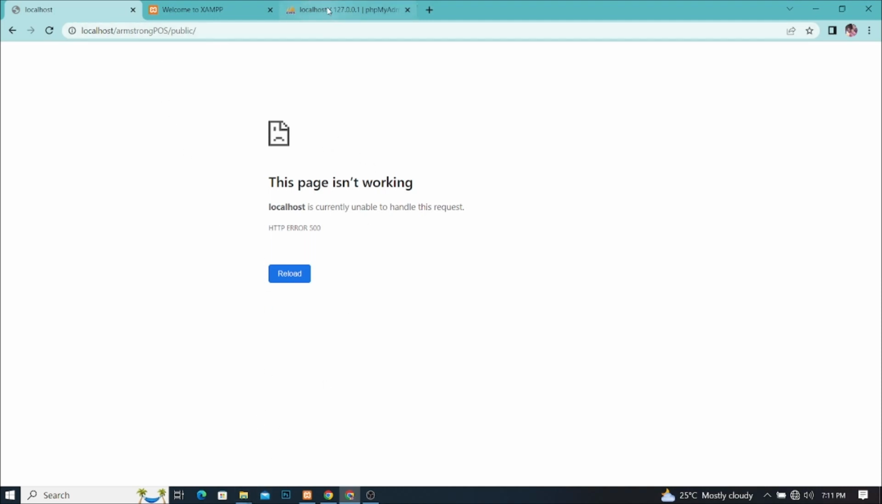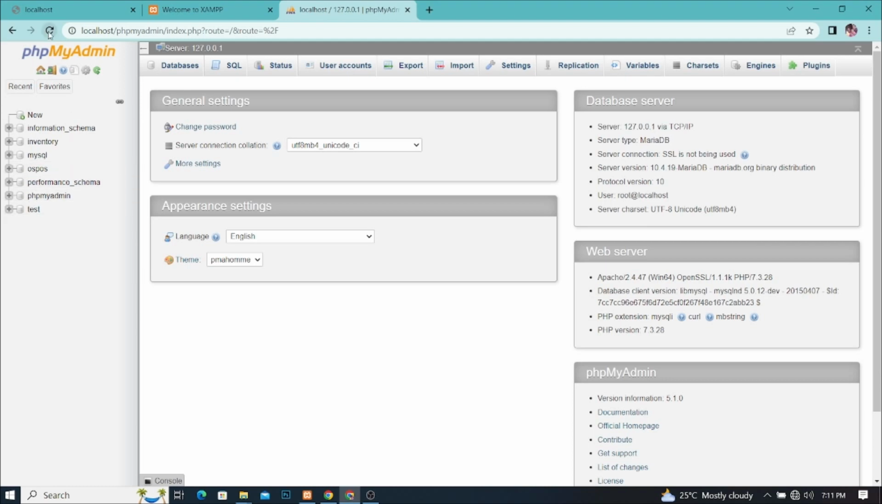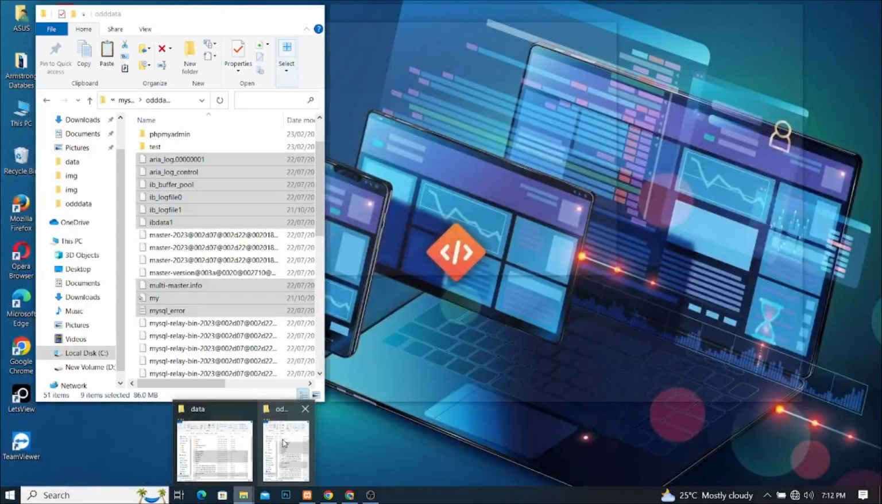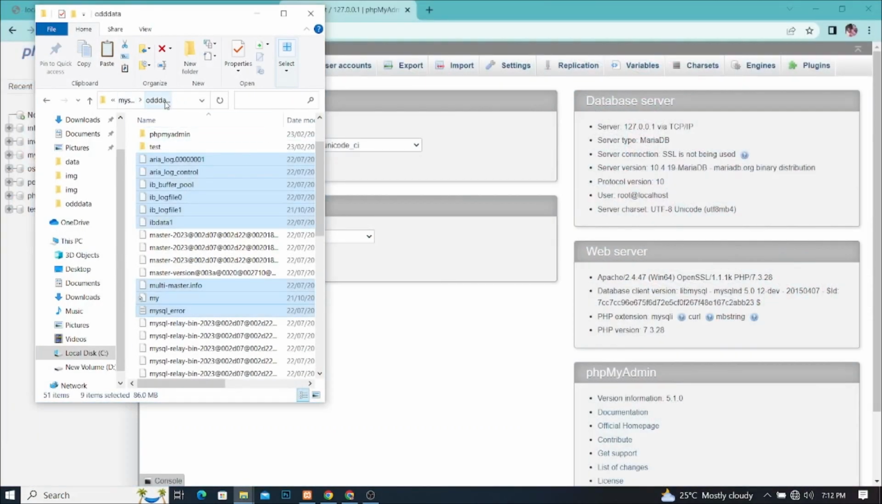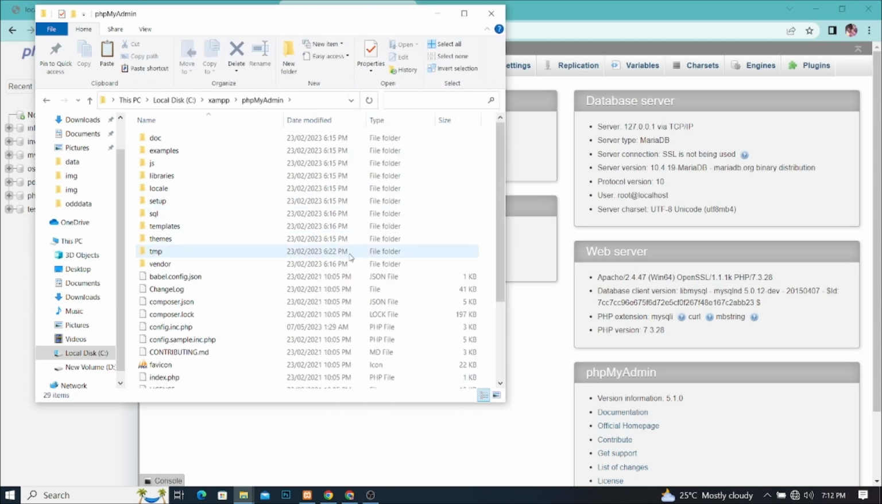my localhost/phpmyadmin, which is this. Now when I refresh it, everything is cool. But when I come to my folder and then go to my old data and go back, and then I come to my phpMyAdmin and I go to configuration here, okay, configuration, which is